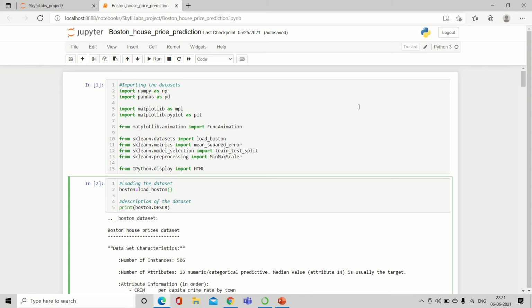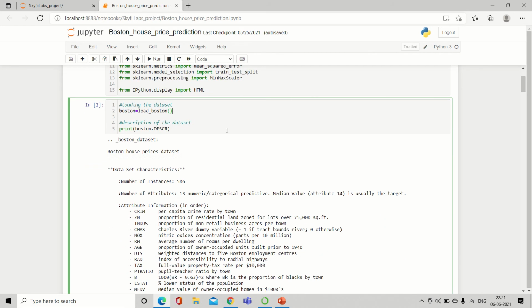And coming to sklearn, sklearn has many algorithms for training models and data pre-processing. Here we are going to use train_test_split for data pre-processing.